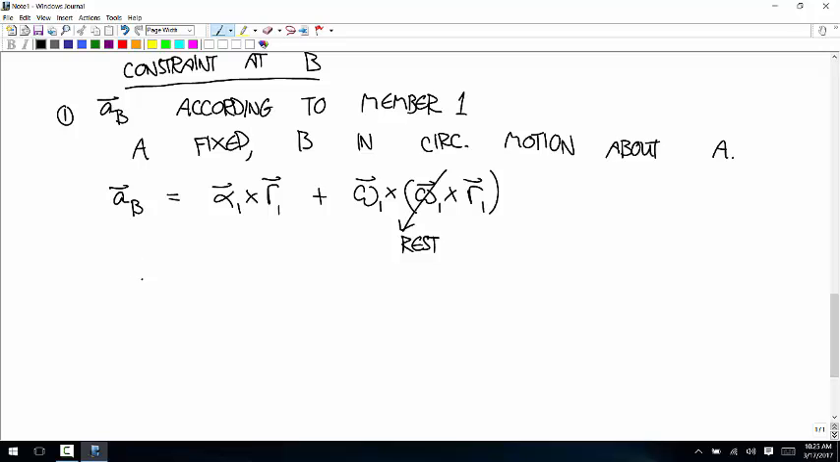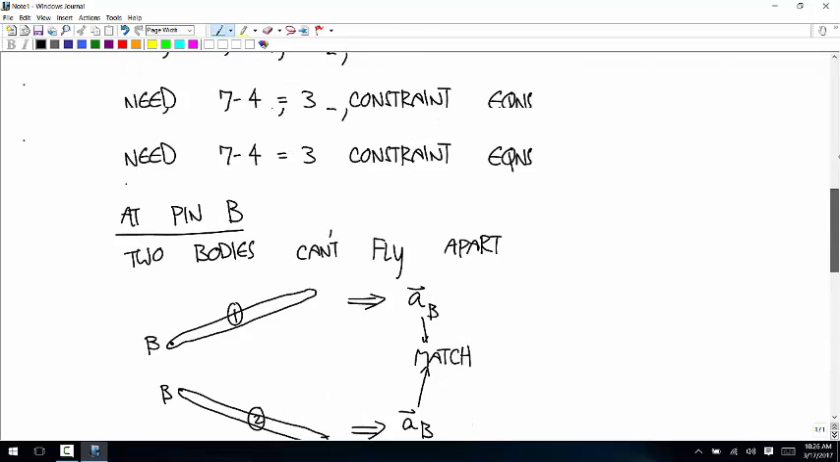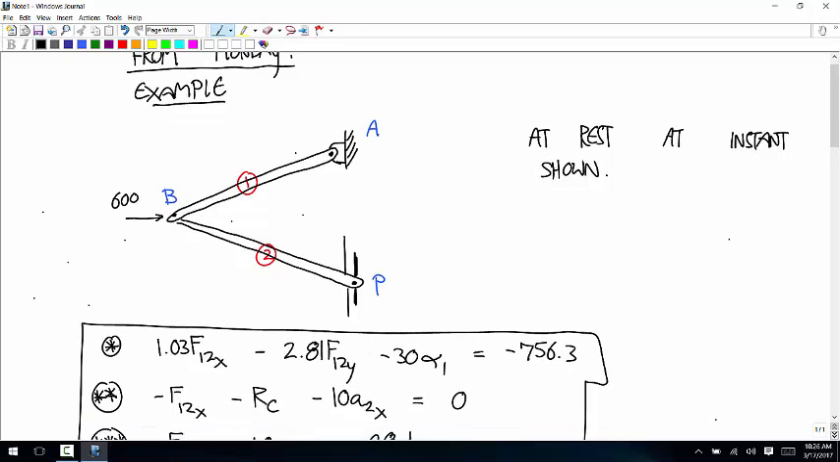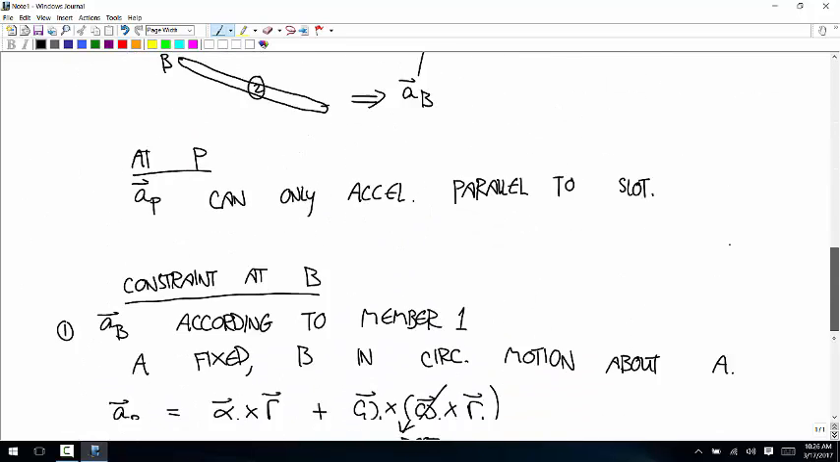And so the acceleration of B, according to member 1, is equal to 0, 0, alpha 1 crossed with a vector that goes from the center of the circular motion to the point we care about. Were these each 3 meters? Is that right? I think that. Okay, so then that vector R